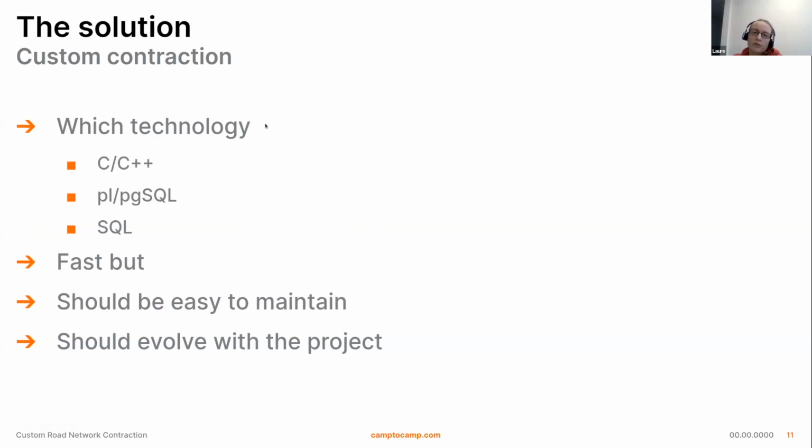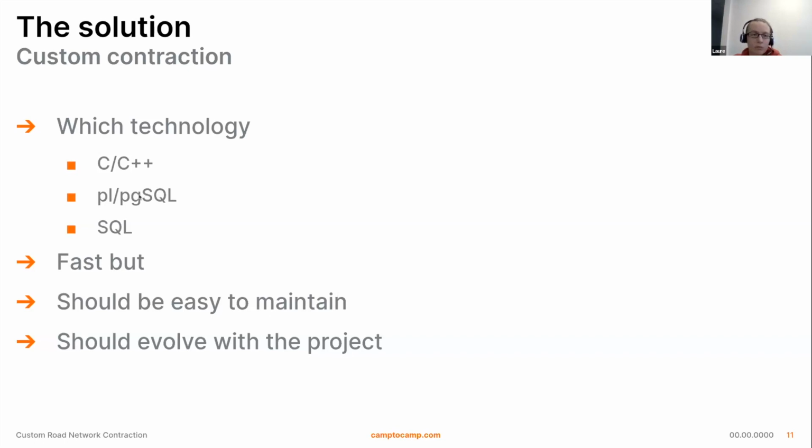Then we asked ourselves which technology to use to implement this algorithm. The fastest would have been C or C++. That's the language in which most plugins are implemented, but we didn't have any knowledge in this area. We tried with a programming language, but it proved to be not as performant as we wanted.